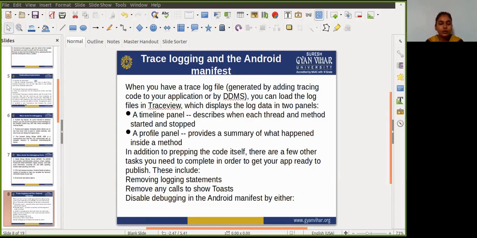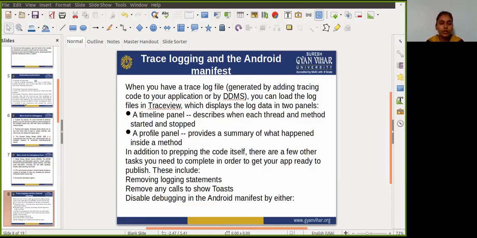To prepare your app for release, you must remove all the extra code in your source files that you wrote for testing purposes. In addition to preparing the code itself, there are a few other tasks you need to complete in order to get your app ready to publish.